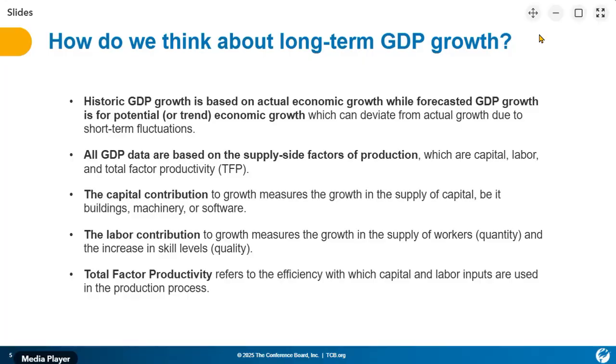What we do when we build this model is we use all of the historic data from our Total Economy Database, our TED database that we also produce once a year. And that tracks GDP for 144 economies around the world. We take that data and we make projections built on top of it. So the data that's in TED, the historic data in all the charts that you're going to see, that's all actual growth numbers that we've seen in various corners of the world.